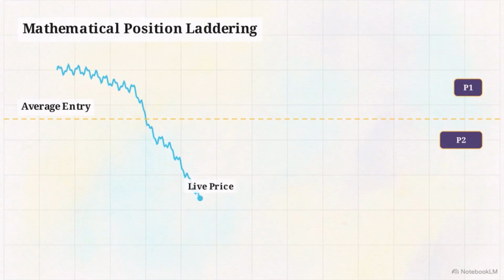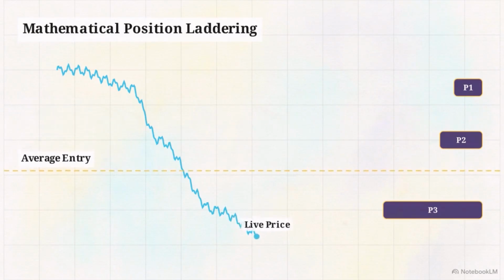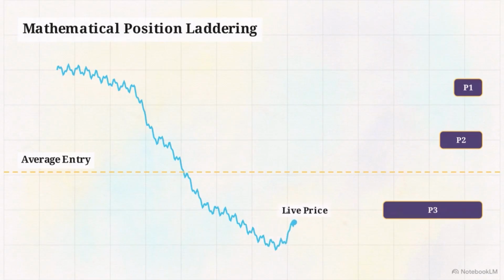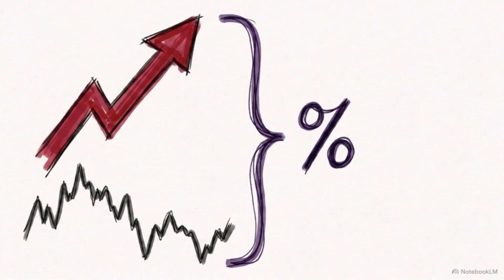When older portions lag, the bot calculates and adds new portions. Each added block violently pulls the average entry price down, forcing it closer to the live spot price. The algorithm dictates a strict timing rule. The greater the distance between those older portions and the current price, the faster the bot executes this distance closing